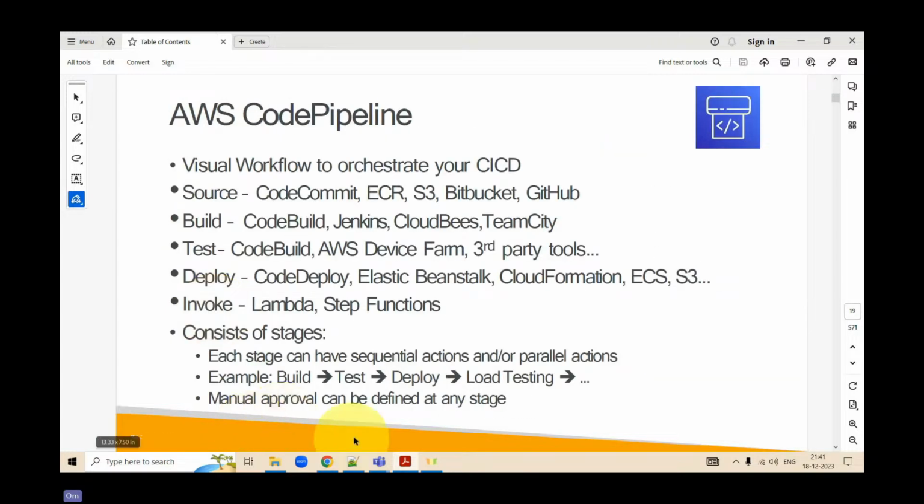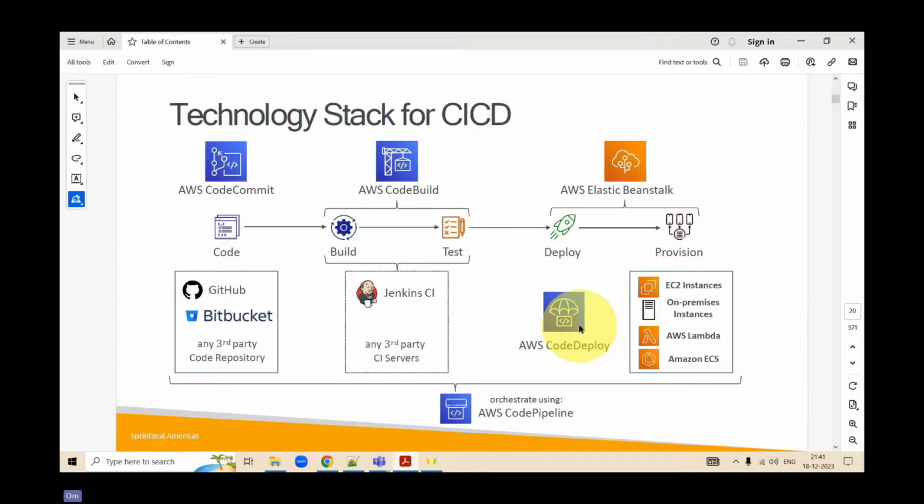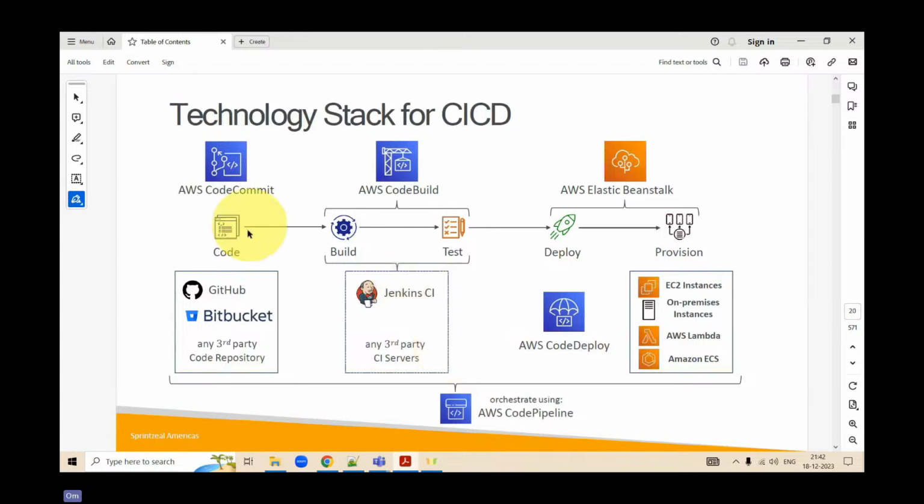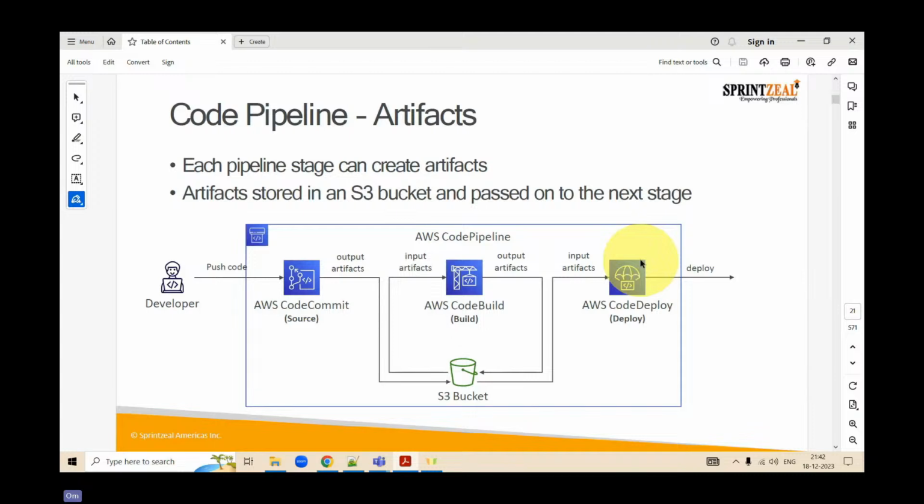You can also have manual approvals at each stage, but in real life scenarios, it would be group approvals or automated approvals. So these are the terminologies that we have used. This is again, I guess, a repetitive slide because we had talked about code, build, deploy, Jenkins, Bitbucket, etc. Now the next thing, sorry, I wanted to ask, you said something about the ARN.